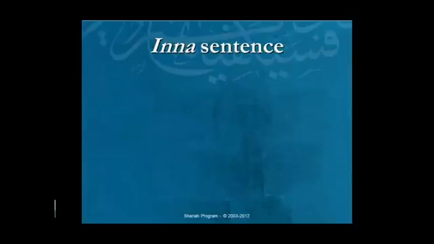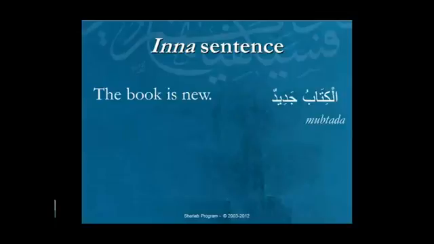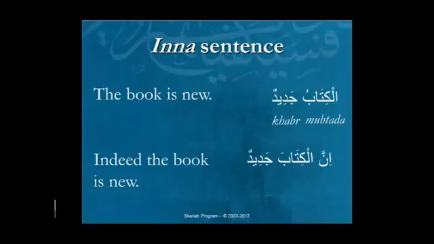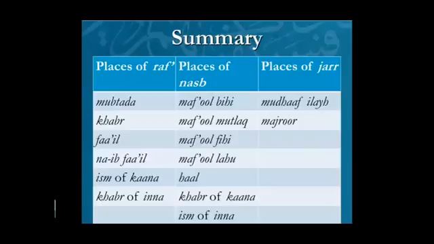Other than that, we have inna, which is another governing agent. And it can come at the beginning of the nominal sentence. It will abrogate the sentence. And what that means is that what previously was mubtada is no longer mubtada, and what was previously khabar is no longer khabar. But then it's called the ism of inna, and the khabar is called the khabar of inna. And obviously the meaning changes because inna means indeed. So we have a new meaning, and not only do we have new meaning, but we have new usages for the ism. So our number is getting even larger. So we're at 11. So if you take the 2 from the kana and the 2 from the inna, we're at 15. Okay, so here you go.